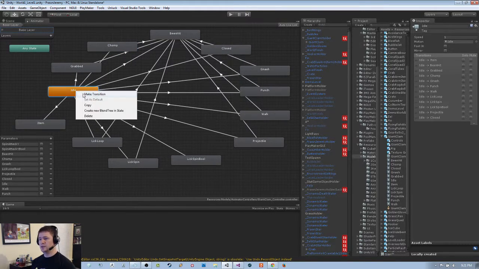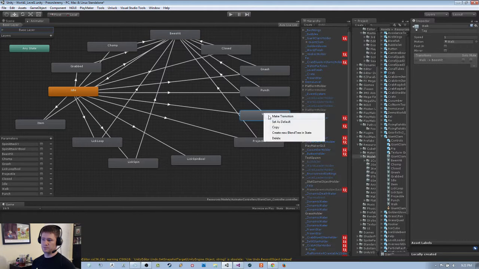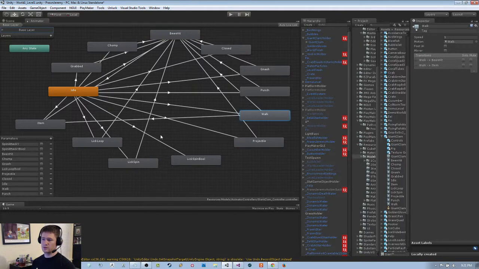So item, we can go from idle to item. We can go from grabbed. Grabbed to item. Probably not. We can go from being hit to being an item. Or idle. Maybe walk. Yeah, so if it's been hit, we can go to item if it's been walk, because the default state,